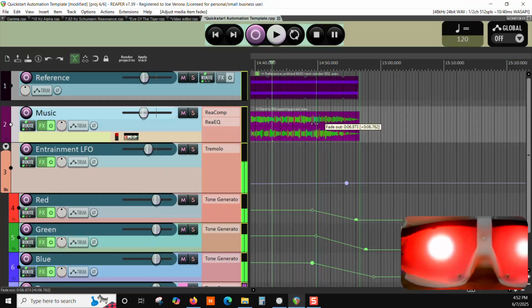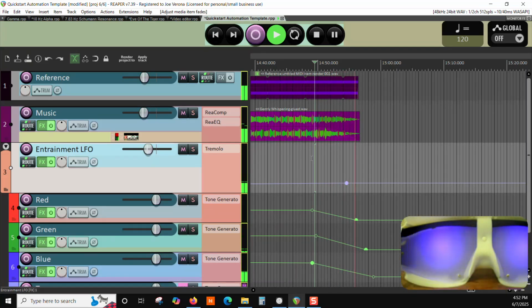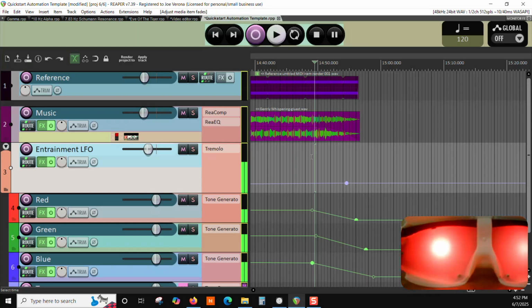And let's set that to match the lights. So we will take a look at that and see how that sounds and looks. Much better. Okay, now you are all done